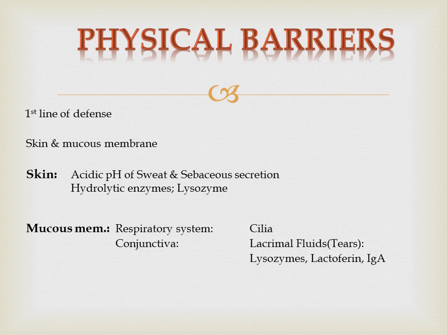Second is the mucous membrane. Our respiratory system has cilia. Whenever an organism tries to enter our body, it will repel it. The movement of cilia will help move it out from our body. Conjunctiva, that is our eyes. Our eyes have lacrimal fluids that come in the form of tears. These tears have lysozymes and antibodies which will help in degradation of pathogens. So overall the mucous membranes will help in inhibiting the entrance of the pathogen inside our body.